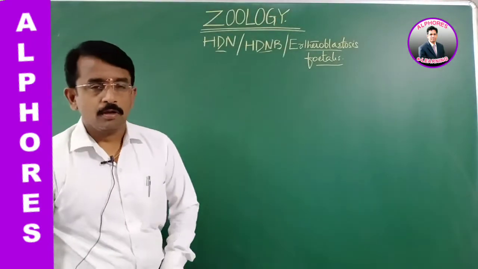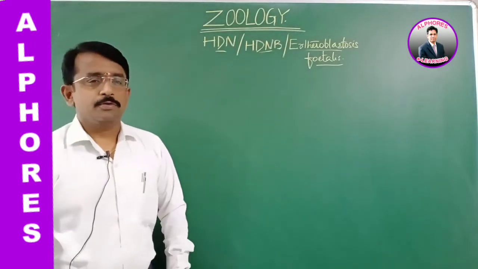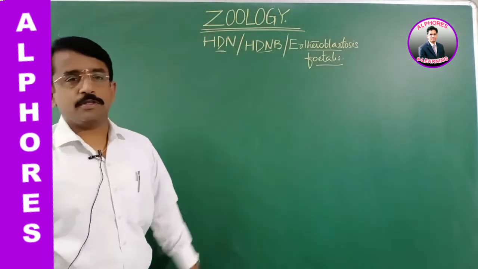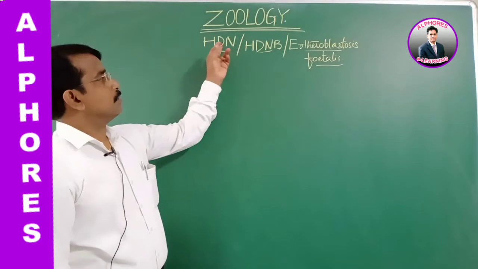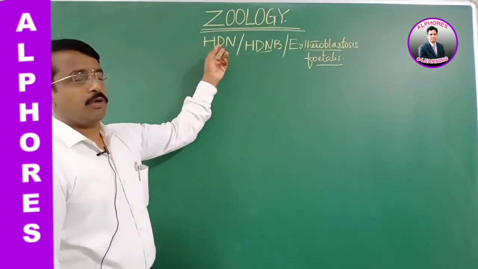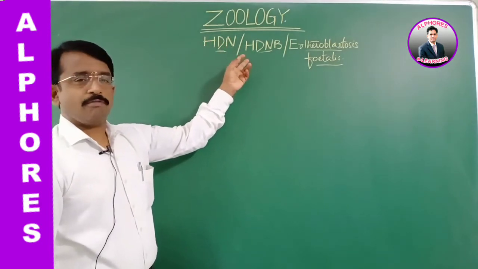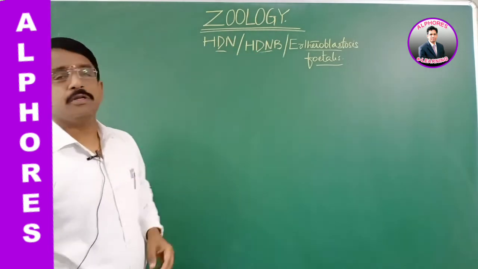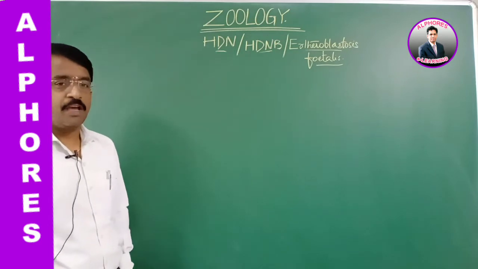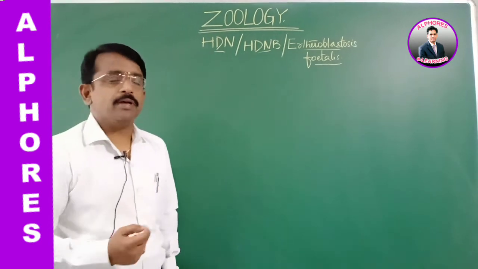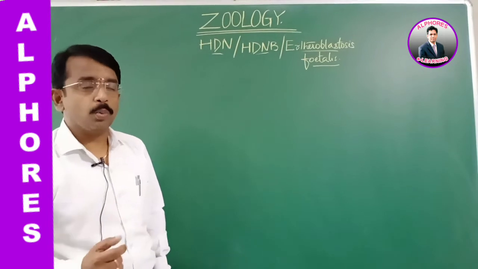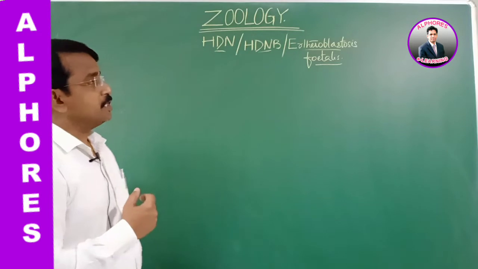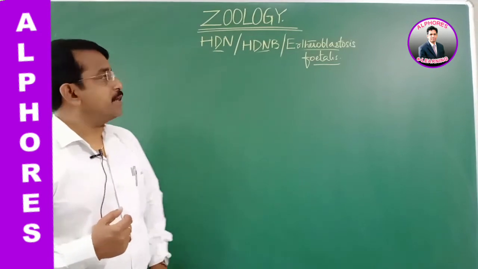So we have discussed what the Rh blood group is, and we have discussed the HDN, that is hemolytic disorder of the fetus and newborn, which is also erythroblastosis fetalis. Fetus in the sense the growing embryo inside the mother. It's an embryo which is growing. So in this connection, HDN,